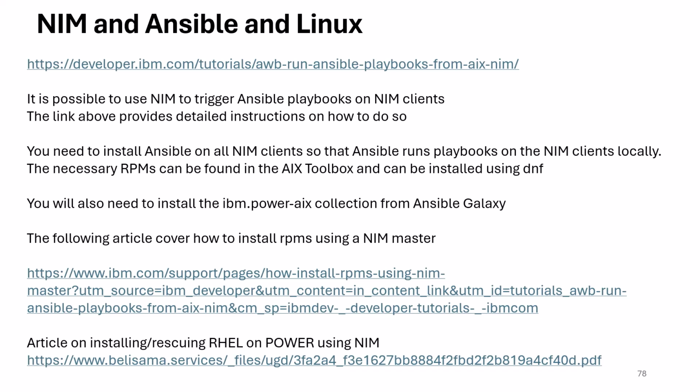And of course, whenever you're installing anything from the toolbox today, you should be using DNF to do the installs. We don't do RPM or Yum anymore. If you go to the IBM AIX toolbox site, you'll find the latest copy of DNF, and you can then use that to get everything installed. Also make sure that you install the IBM.Power AIX collection from Ansible Galaxy. And then I've got a link here to an IBM support article on how to install these RPMs using the NIM master. And a really interesting article that I found on Bellissima on installing and rescuing Red Hat Linux